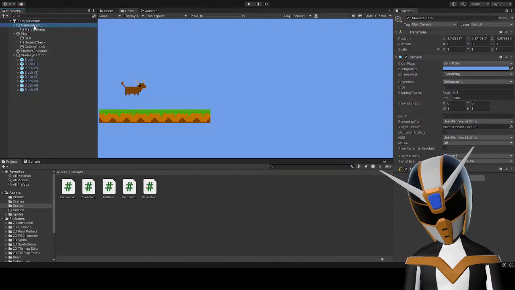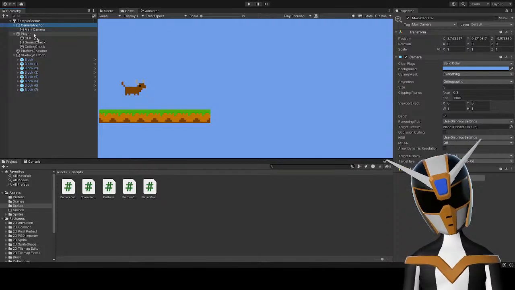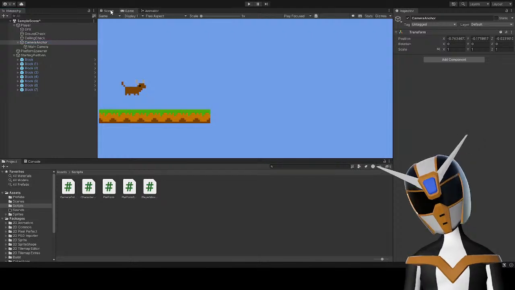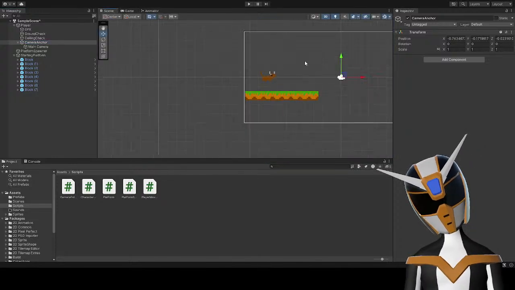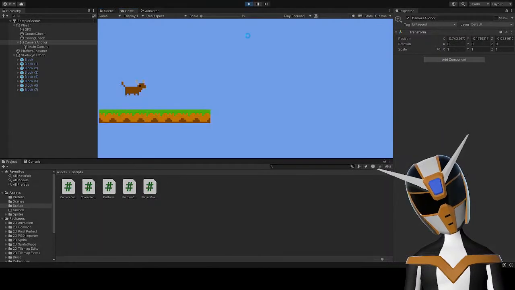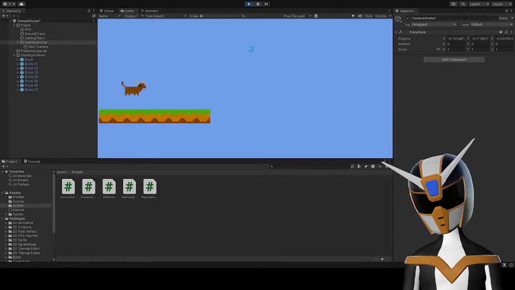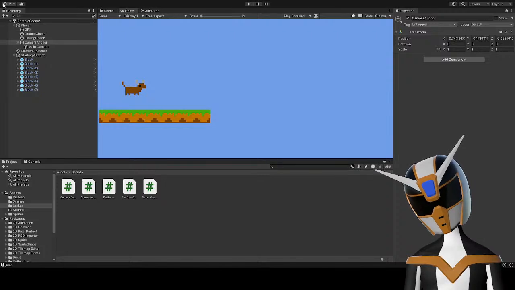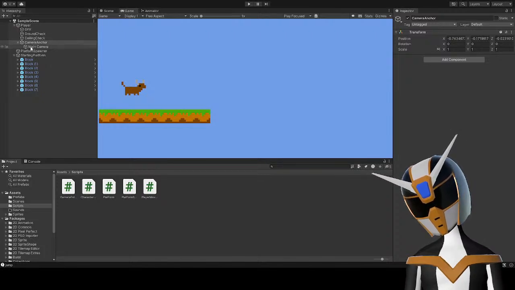And then have the camera anchor just be a child object of the player. Okay, yeah, that works fine. That works good enough for me. Good enough for now.